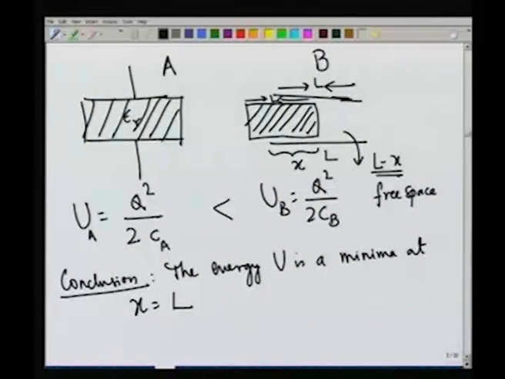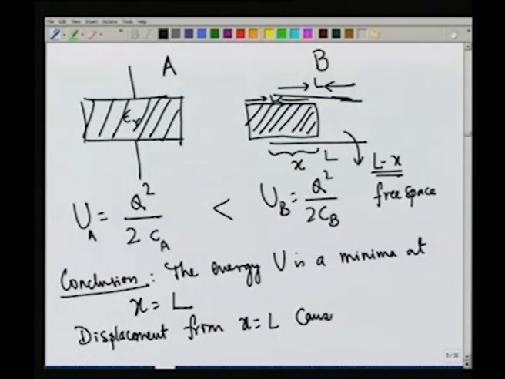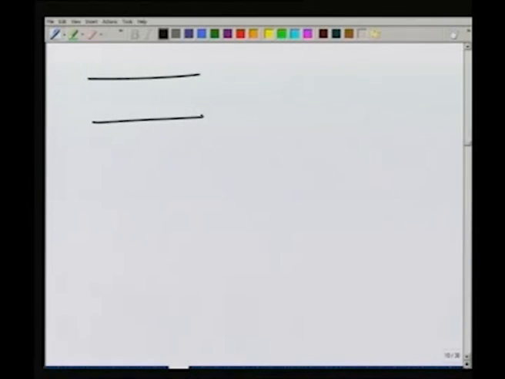So if you give me these expressions, in a minute I can tell you that there is a restoring force. So displacement from x equal to L causes a restoring force, because the energy is a minimum at x equal to L. The evaluation of the expression for the energy is a very, very simple thing. So let me illustrate that again here. I am not going to work out everything because this is a standard example, you can go and look at it. So let me say that my medium